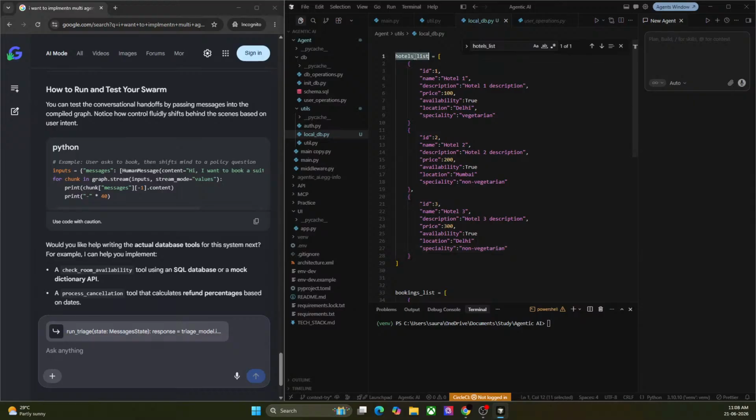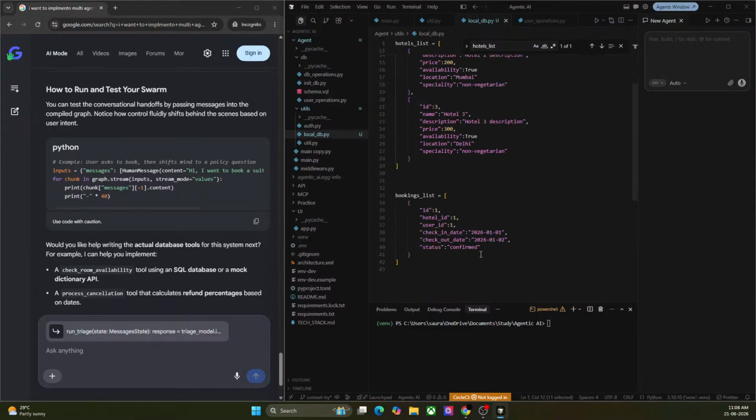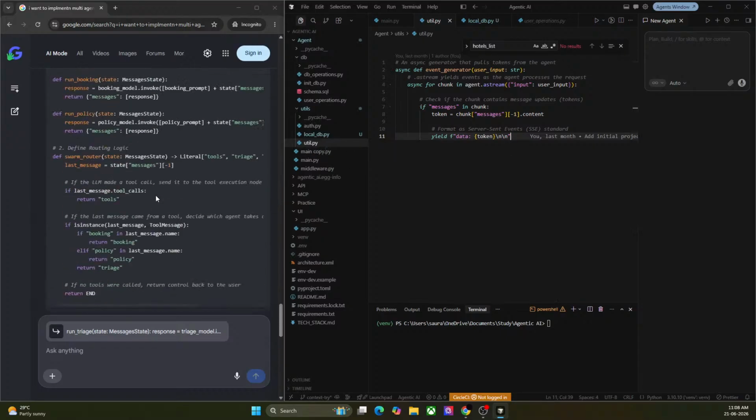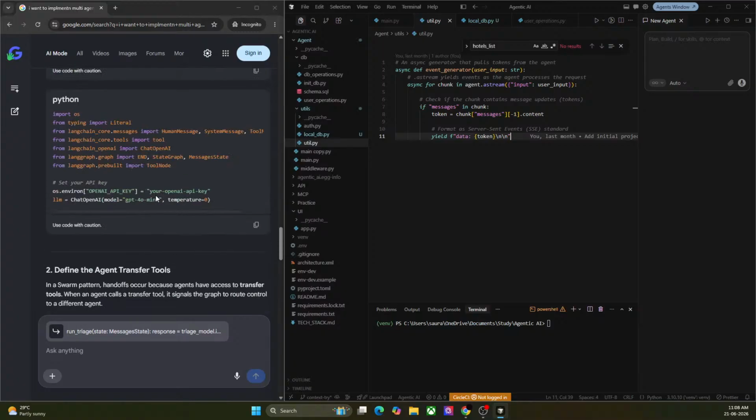Yeah, we have list. We have booking details. And now under this, we'll create some functions so that can help us to grab those information and do the basic stuff here. Okay, so under the utils, probably I will just fetch,